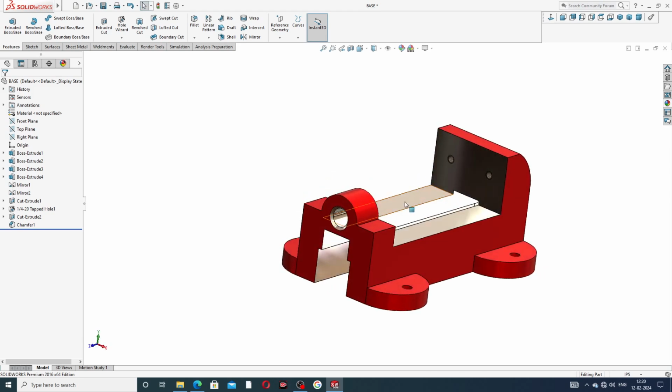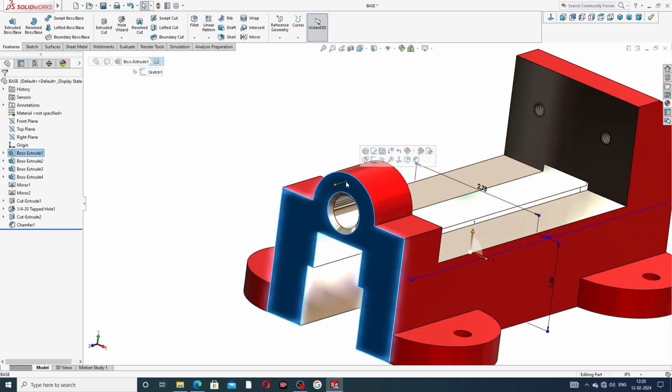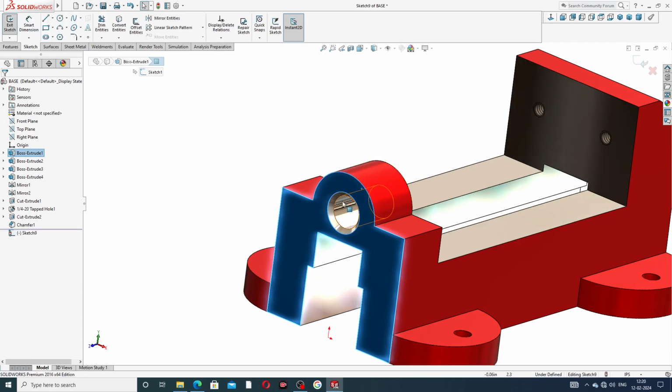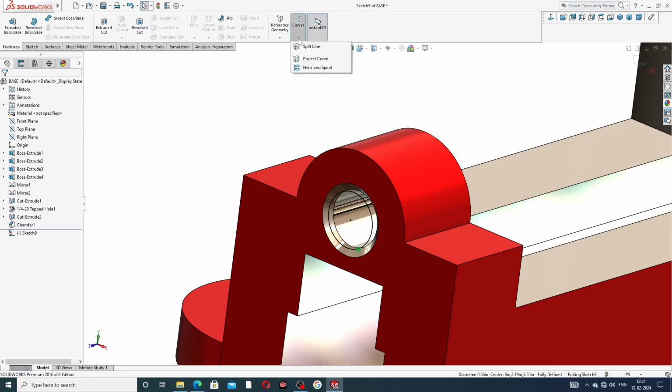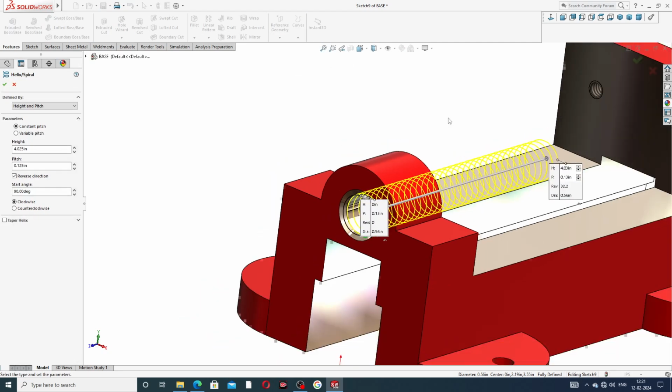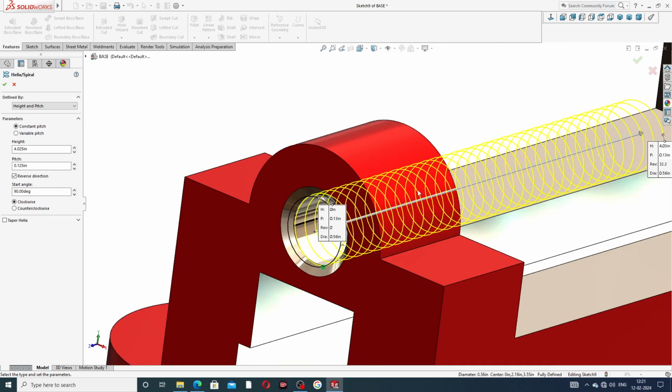Okay, all is perfect, and select this face, sketch this face, and select this inner line, and this is going to vertex, because this is used for a thread, and creating the thread is very important. Going to helix and spiral, click here, and then at first going to height and pitch, and constant pitch, click here, and this height is